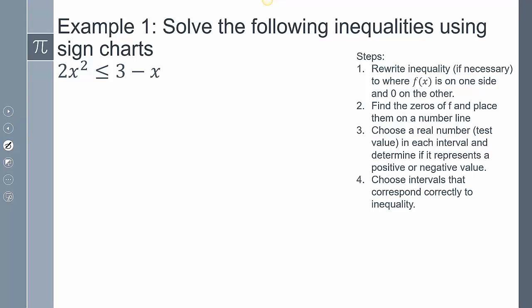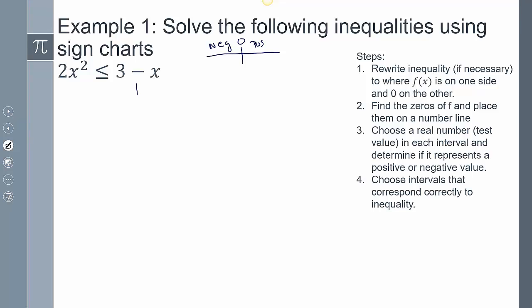Now if you remember yesterday, the thing that we concluded is we always want to compare it to 0, because when we're comparing it to 0, we're separating the negative numbers from the positive numbers. And so being able to separate that is going to enable us to use these sign charts. So I want to rewrite this inequality to where f of x is on one side and 0